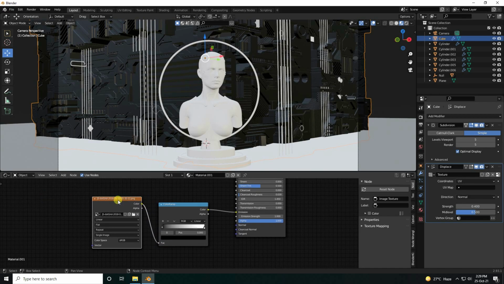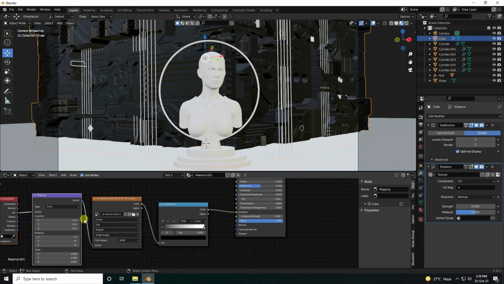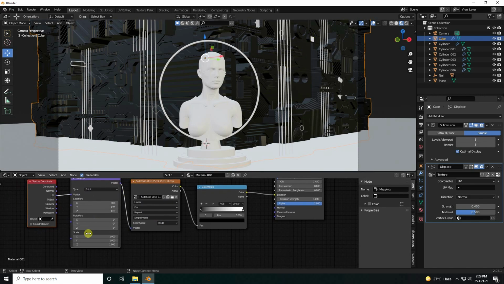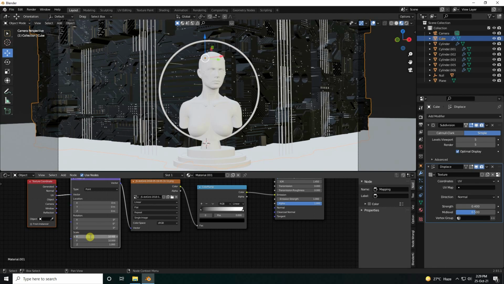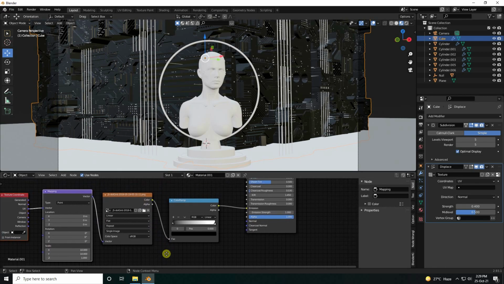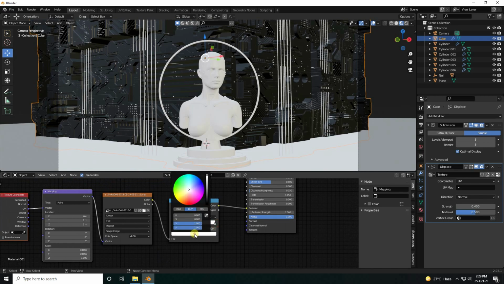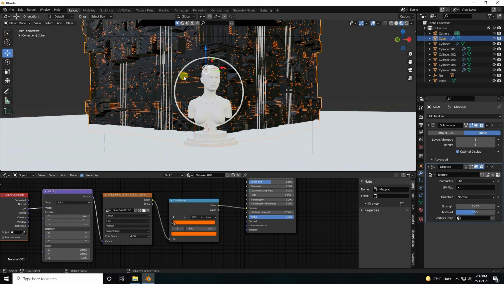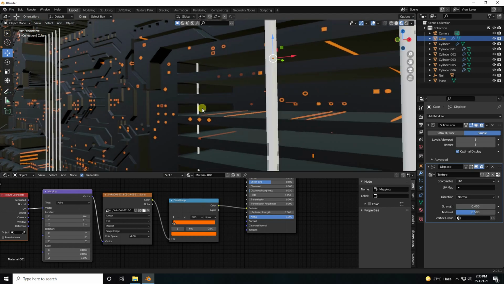Yeah, so guys, select your this one and press Ctrl T for mapping. Yeah, and see guys, that's my mapping. And guys, scale size change like 10 and 10. Yeah, and guys, you can change also color. So first one guys, I use orange color and S like this, and increase brightness. So guys, like this. Yeah, see guys, that's my dotted grid texture.